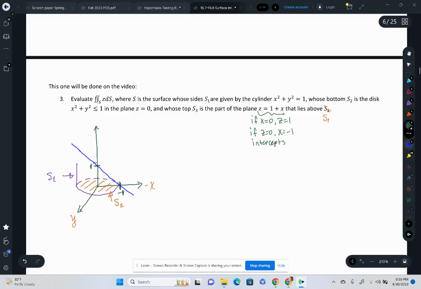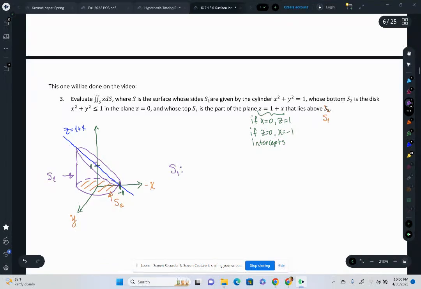Okay. All right, back to the plane. Z equals 1 plus x. So my cylinder is going to go up to the plane in all regions, but then it's going to be cut off, and the shape that will form at the cutoff will be circular because we were working with a cylinder after all. Okay, so this is kind of the shape that we're working with. All right. We have 3 surfaces. That means we have 3 parametrizations that we have to deal with. Okay, so S1